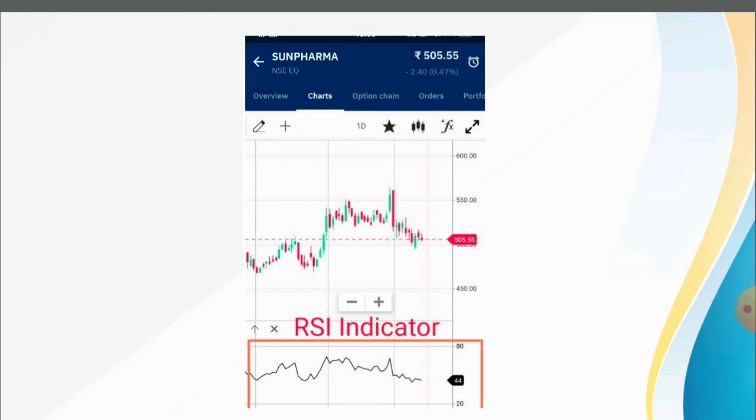These two indicate overbought and oversold conditions. So anything above 80 is an overbought stock, an indication to book your profit, and below 20 is an indication for buying a fresh investment. Also note, when the black line is above 60, it's a bullish indicator, and the moment it slides below 40, it's a bearish sign. Let's see an example of RSI.